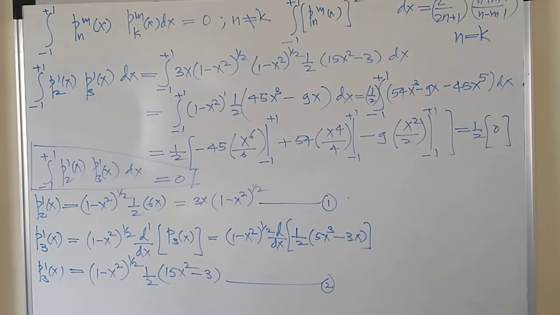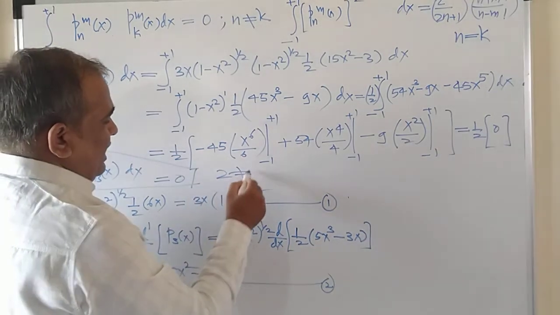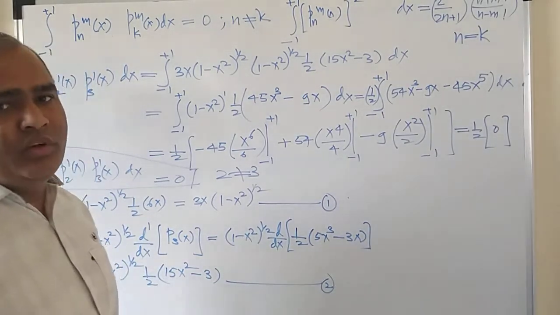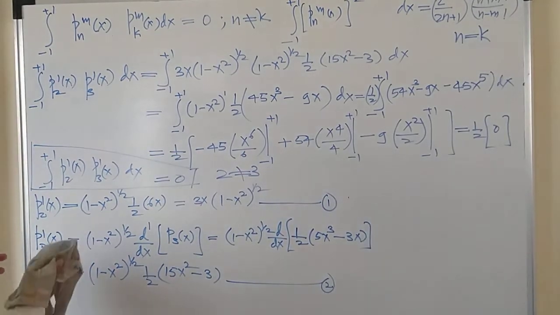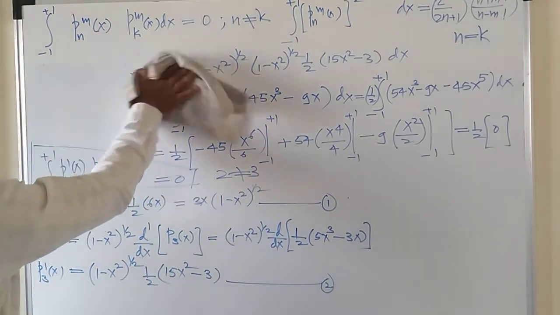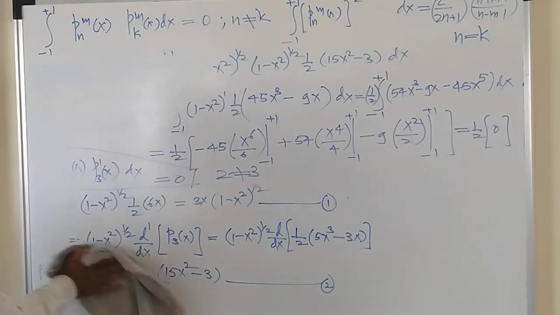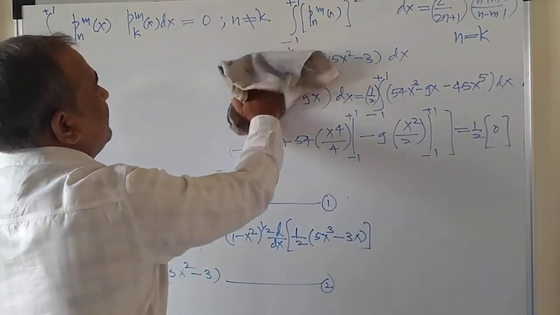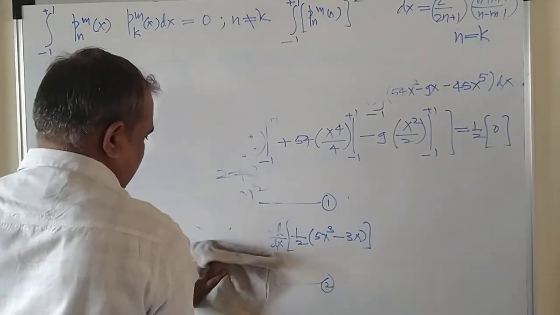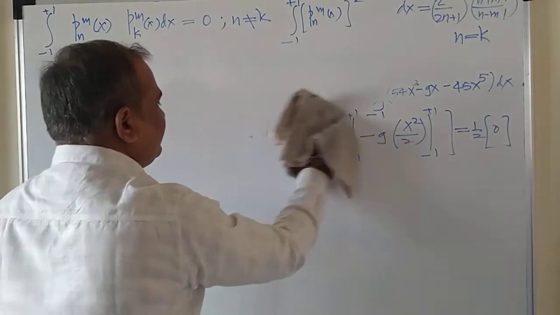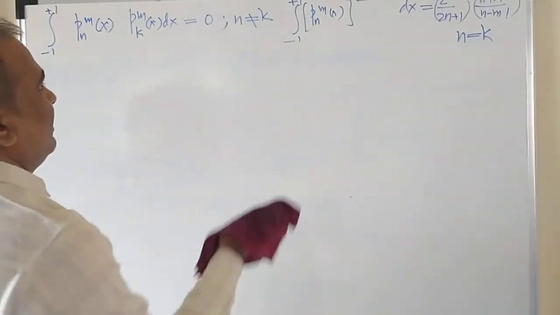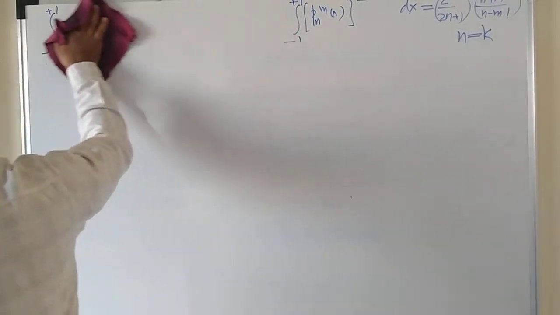If n and k are not equal, here 2 and 3 are not equal, and in that case the orthogonality property of associated Legendre polynomial is proved, right? Similarly, work out for the second property, and for the second property let us take another example, because you must have n and m equal, right? So I think I will skip this property now.